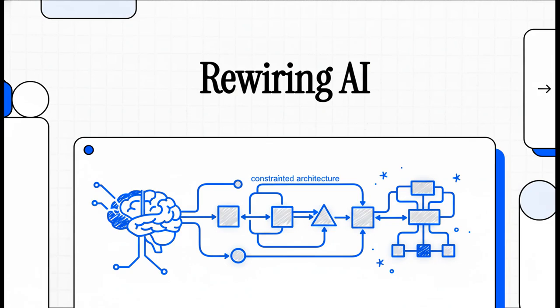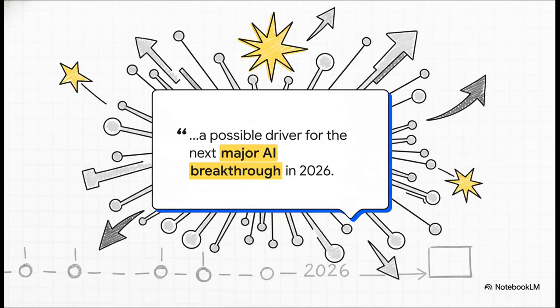All right, let's dive into a new paper from DeepSeek that is getting a ton of attention. People are calling it a potential game changer because it proposes a totally new way to wire up large language models, and honestly, it might just change everything. And no, this is not just some tiny incremental update. The hype around this is very real. Some are even saying this could be the driver for the next major AI breakthrough in 2026. So, what is all the fuss about?